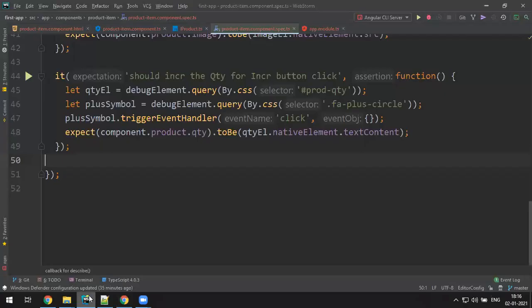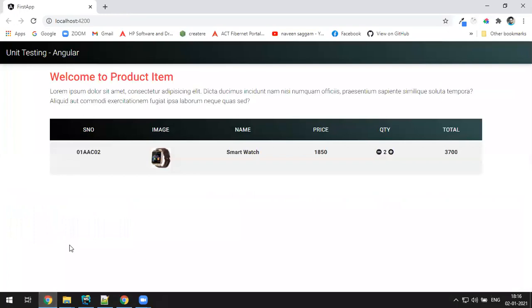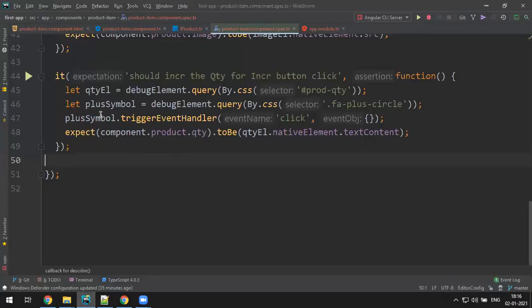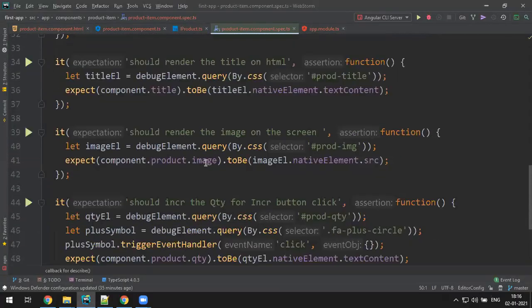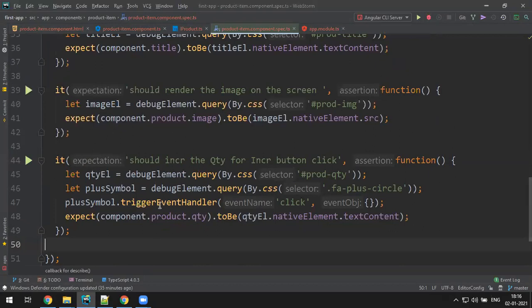Problem is, generally when you click on the plus symbol, it increments the value in the background and you can detect the changes here automatically, right? But when you write test cases, automatic detection of the changes can't reflect here.